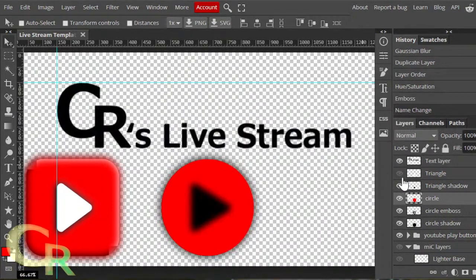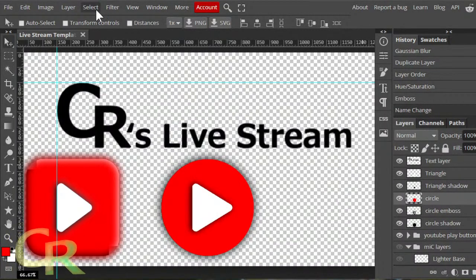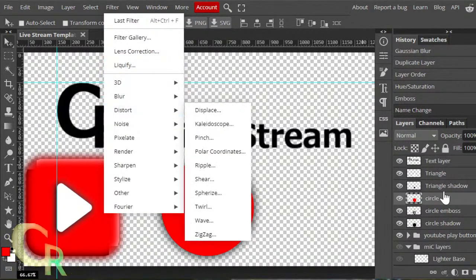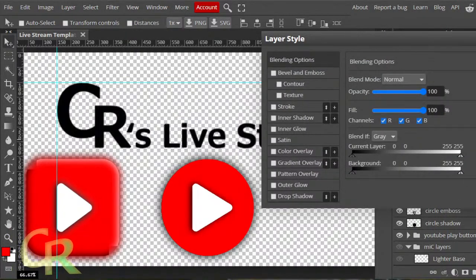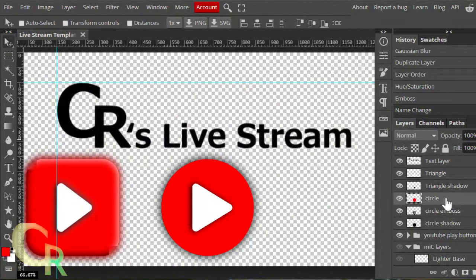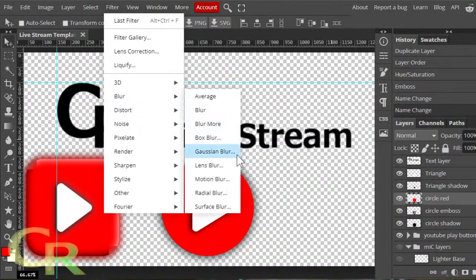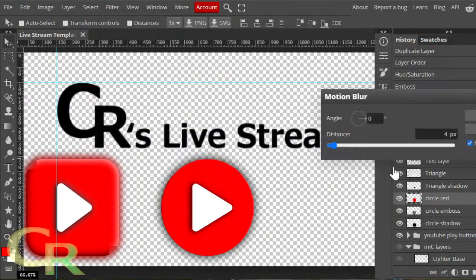before I really show the triangle back in there so I can actually see how it may appear. Circle red selected. Actually, I'm not. Oops. Not do that. I'll click on the text in there. Circle red. That way I actually know. Filter again. Yeah, we'll try motion blur.